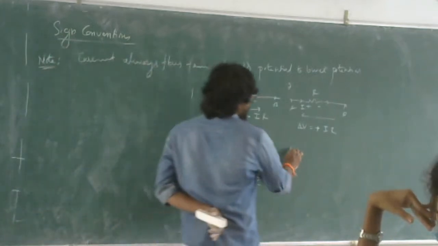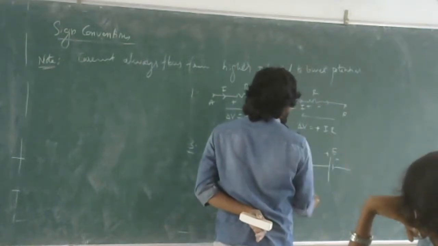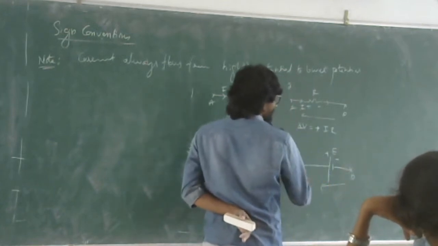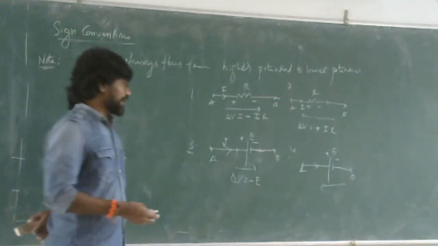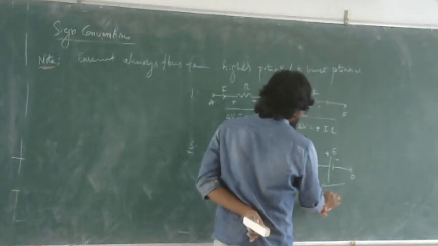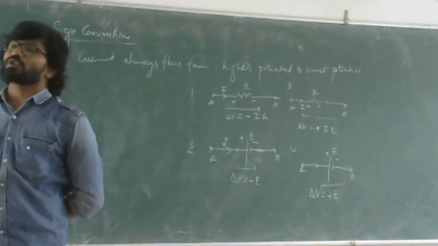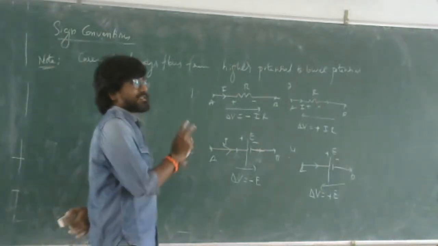Whereas in the fourth case, if you are going from B to A, in the opposite direction, where A is the cell terminal with higher potential V, whatever the direction of current, you have to take this as negative and this as positive. The potential difference will be equal to plus. This is how you have to take the sign conventions of potential differences across resistors and the cells